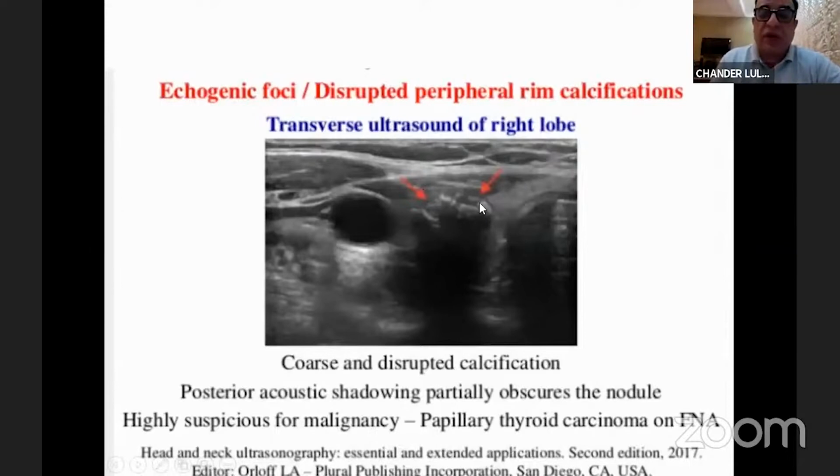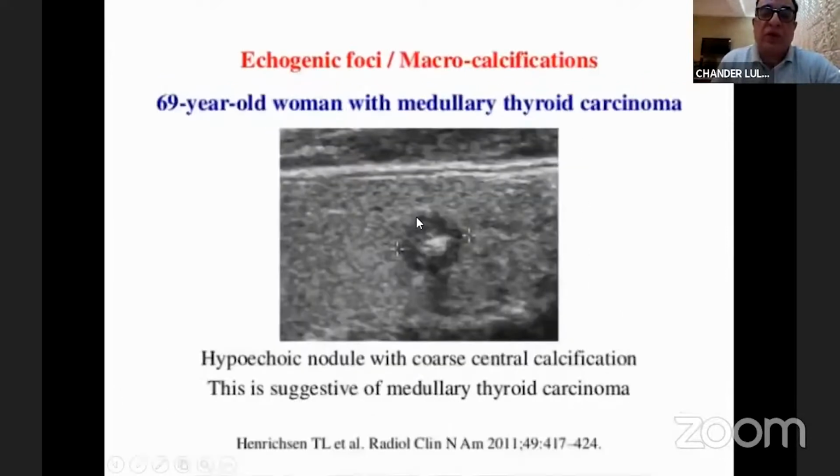This is a pattern of calcification, which can be seen both in benign and malignant, but again, then we rely on other criteria. So if it's shadowing, it is vertically taller, etc., again indicates carcinoma, and this was a papillary thyroid carcinoma. This is an extremely hypoechoic nodule with dense coarse calcification and was a medullary thyroid carcinoma, of course,